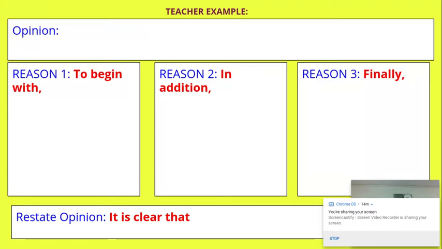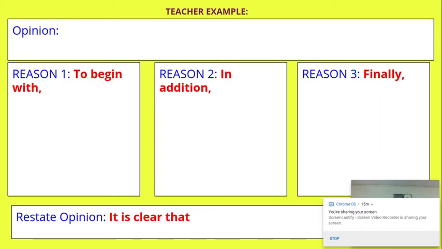Finally, families would have to do more laundry at home because they would have to wash the school uniform every day so that the students could wear them the next day to school. So I have 3 reasons. So what you're going to do is pick your opinion, write your opinion statement, and then write your 3 reasons. And then at the end, we would have to restate our opinion, sort of say it again in different words. It is clear that uniforms at Rush School would be a very bad idea for families and